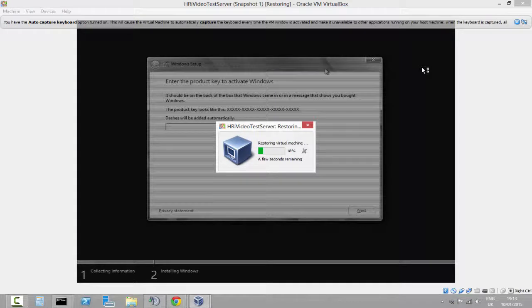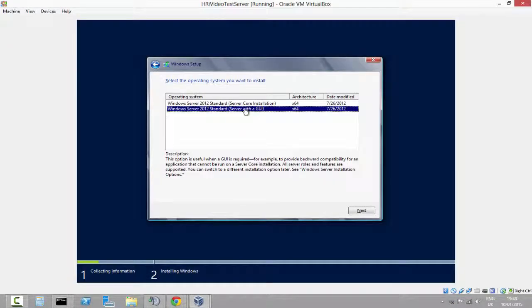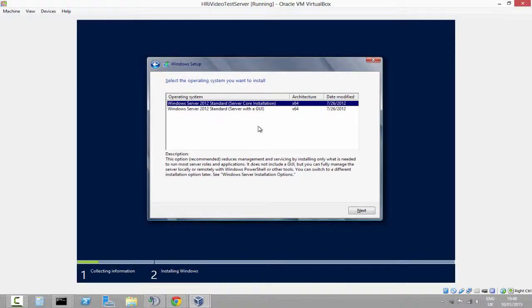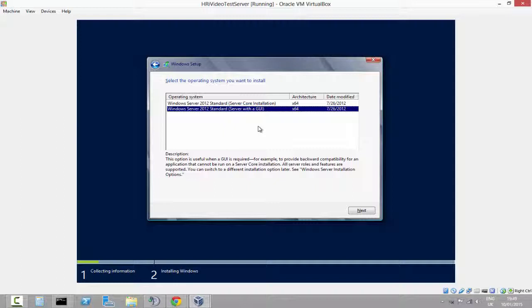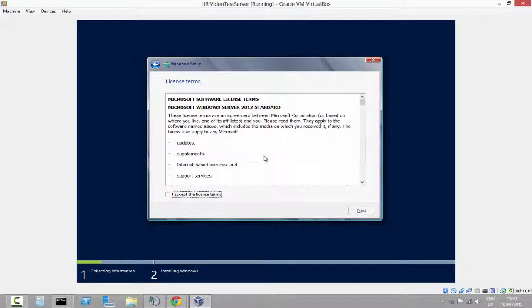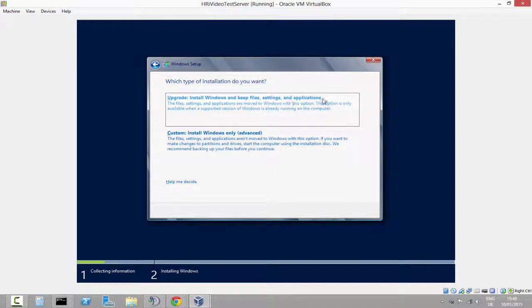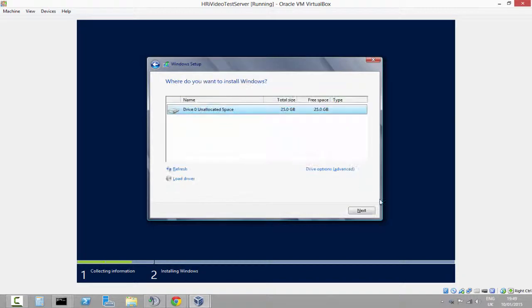Now I will go and activate Windows. Well, once you have entered your Windows Server 2012 or whatever operating system you're using key, you will sometimes be met with this page. Server core installation or server with GUI or whatever the options you are given. I will go with server with a GUI, please, because I'm boring that way. Yeah, blah blah blah. Microsoft custom install Windows, unallocated space 25 gigabytes,